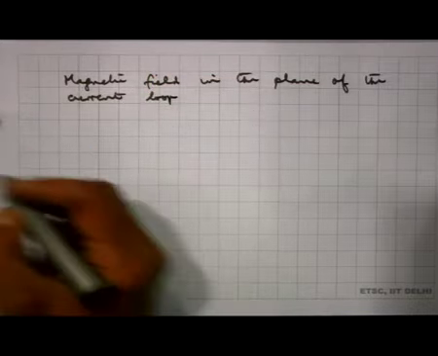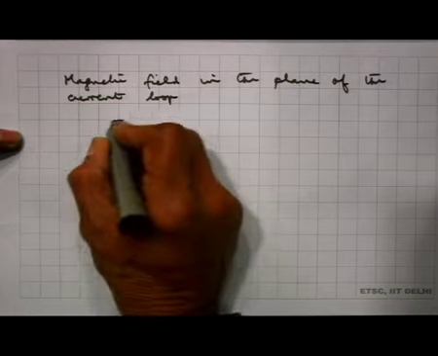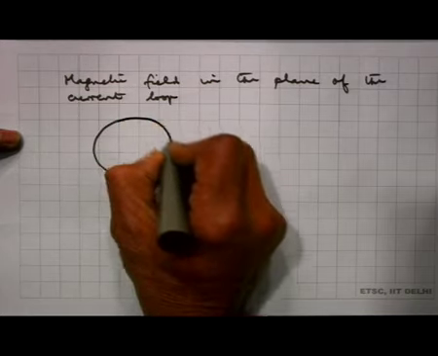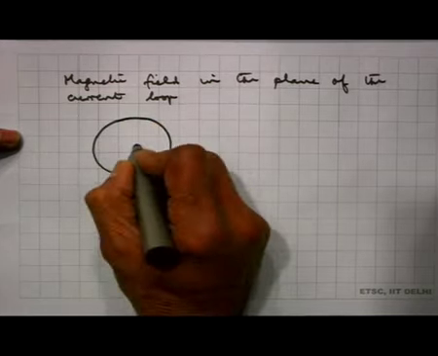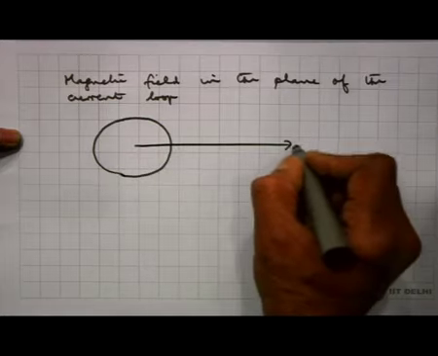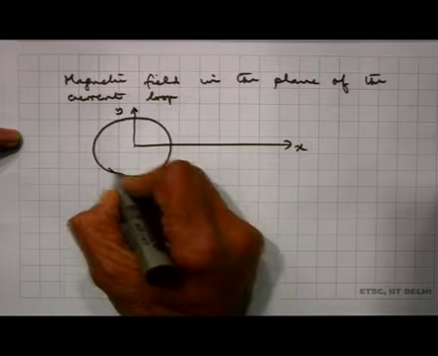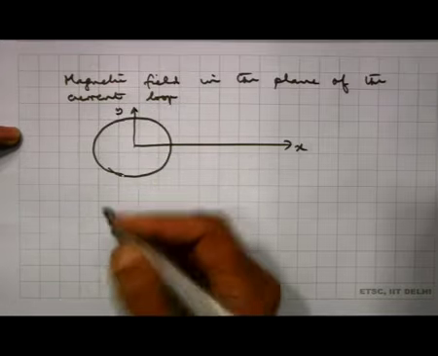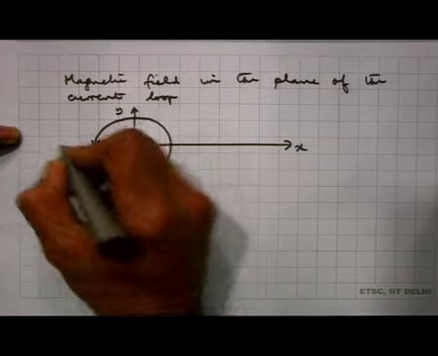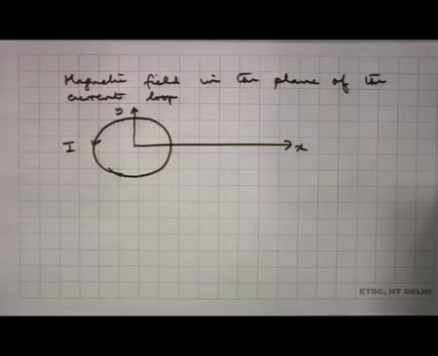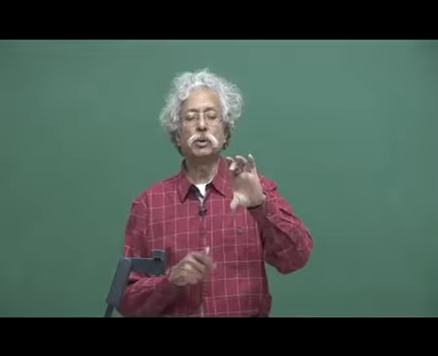So, let me draw the current loop here. This is my loop now. Let me call this the x axis, this is the y axis, and the z axis is pointing towards me here, and let me assume a current I is flowing through this. In the earlier calculation, this was the current carrying loop,